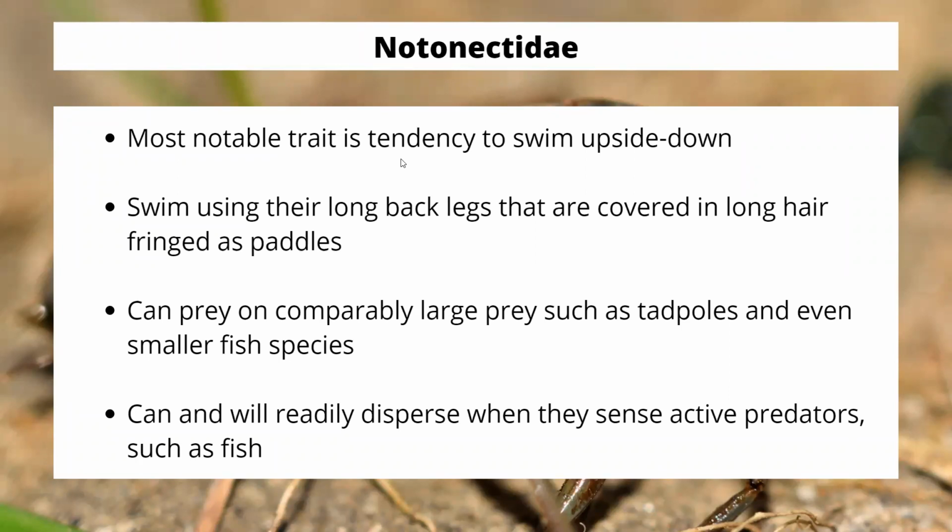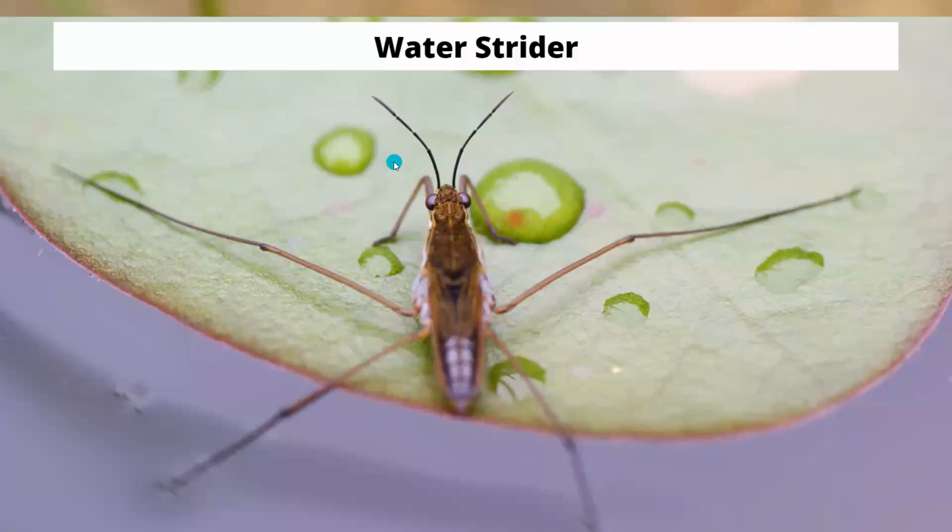So another one of note that I bet a lot of you have seen is a water strider. This is also in that same group that our back swimmers are a part of. They're related to aphids and wheel bugs and things like that. They handle their life in a very, very interesting way. Water striders do not dive under the water. They skate on the surface of it.